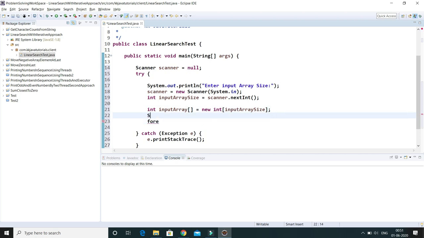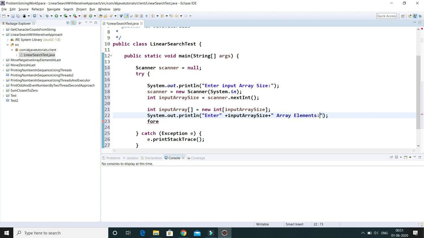Now you have to print a message, something like: enter this much array elements, right?